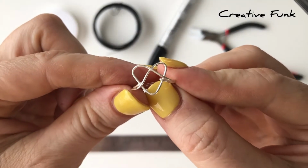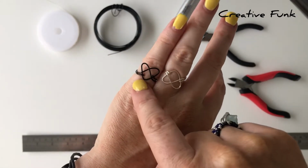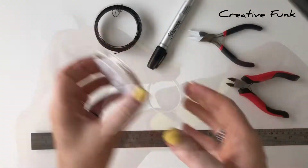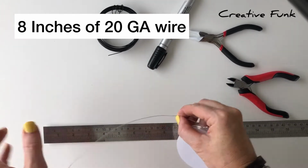Today we're going to make one of these really cute little wire wrapped heart shaped rings. You can see I've done the same design in black, and you can wear them whichever way you want, up or down on your finger. To start off with, we just measure out 8 inches of our 20 gauge wire,